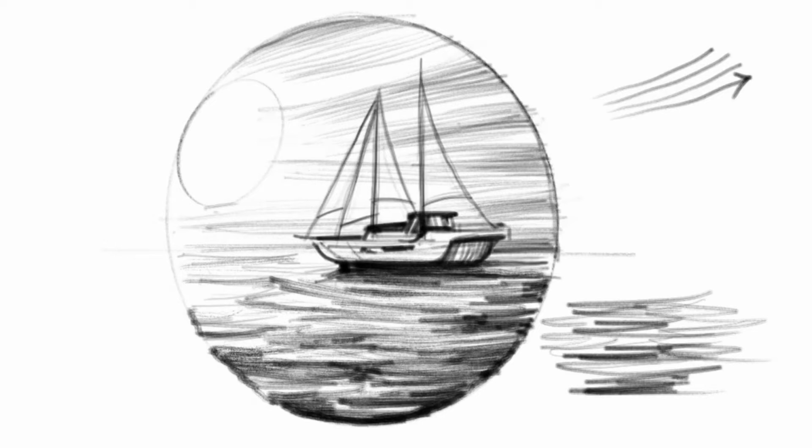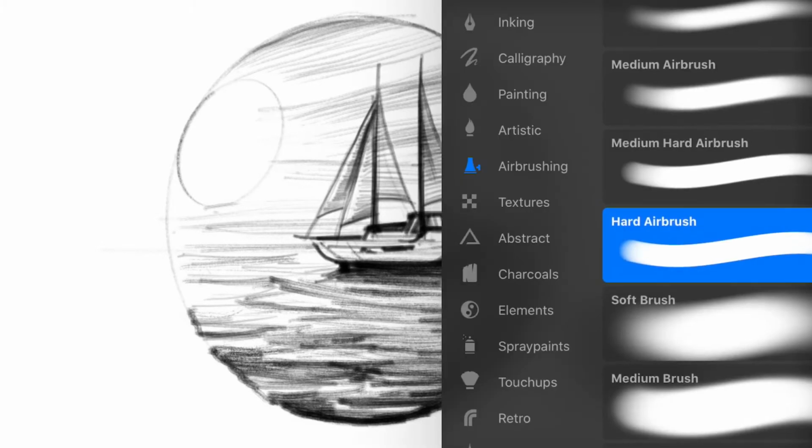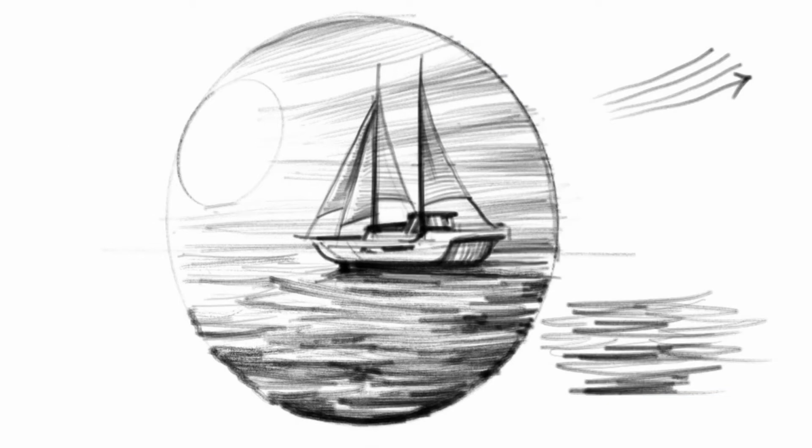For the sails, I'm going to just overlap the shapes with the same strokes as the sky behind. So as you see, if you maintain the harmony between your strokes, your picture automatically starts looking good. And for the finishing, you can take a smaller eraser to erase thin lines between the shadows of the water to bring out the waves.